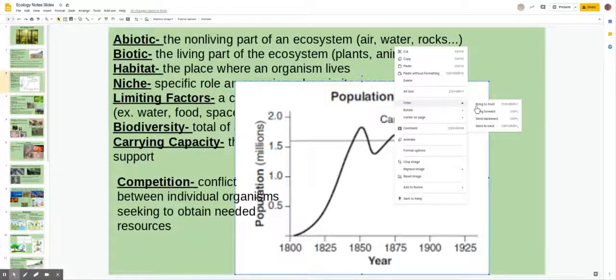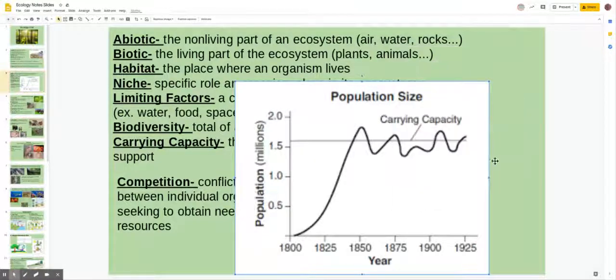All right, so in this particular graph, you can see the introduction of a population. So it might start off very low, and there's a really great example of this in Australia with a couple of different species. Whenever you introduce a new species to an area that it's not normally found, the founding population